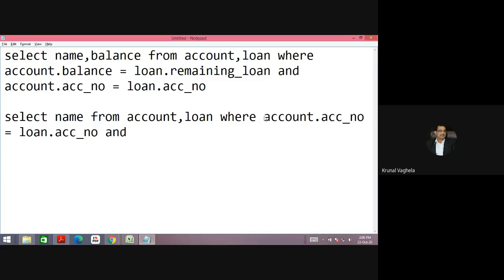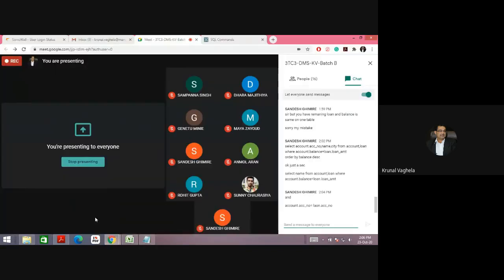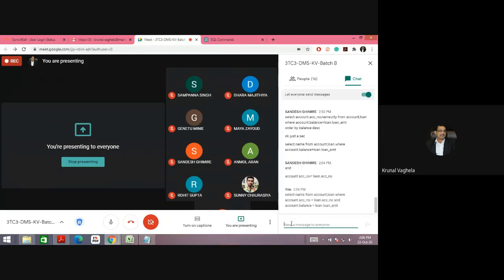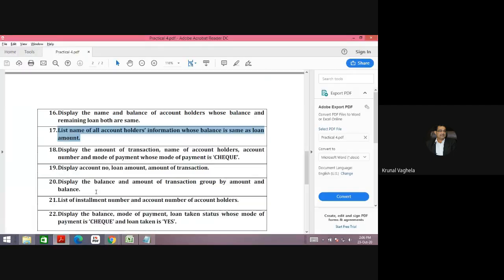And then one more thing you need to do: account dot balance is equal to loan underscore AMT. So this will be the query. Okay. Try next.